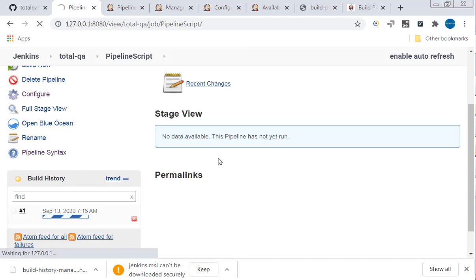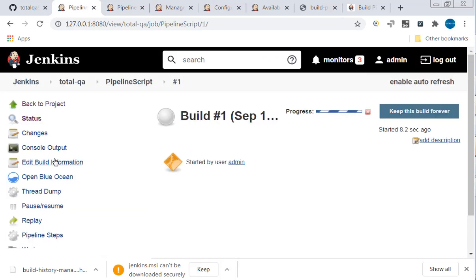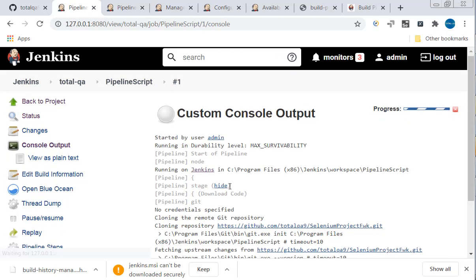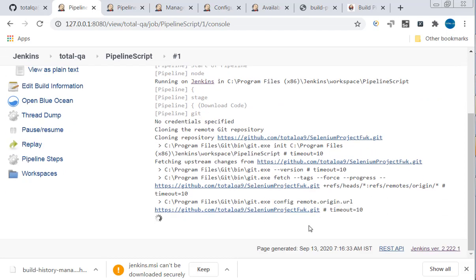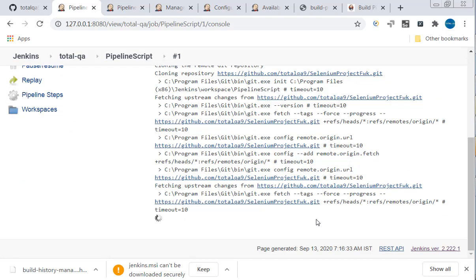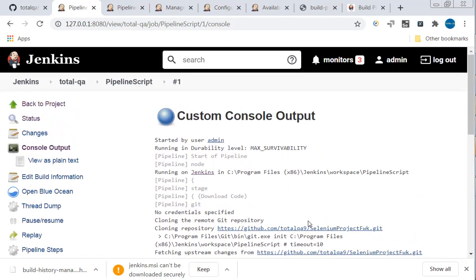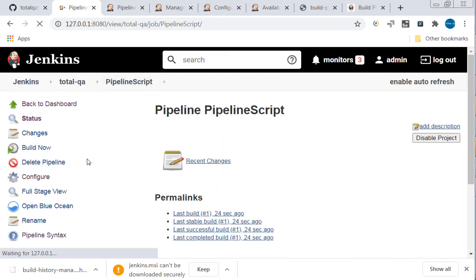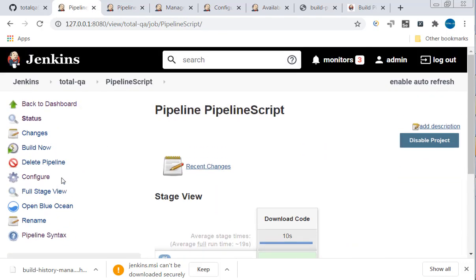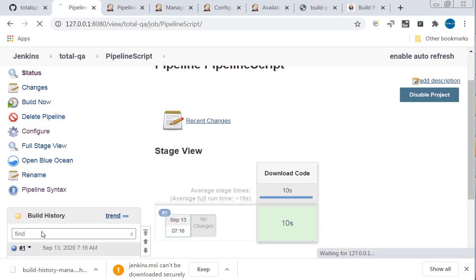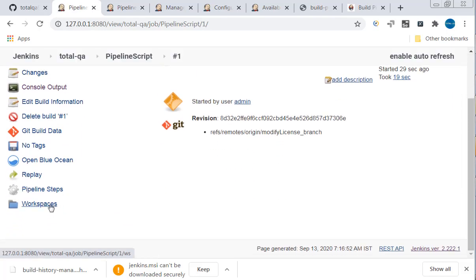Click on this job one. And we can see the code is getting downloaded successfully. How can we see the code is downloaded successfully? You can scroll up, you can find the job name pipeline script. You can go to workspace. A workspace will be generated. Click on pipeline 1.